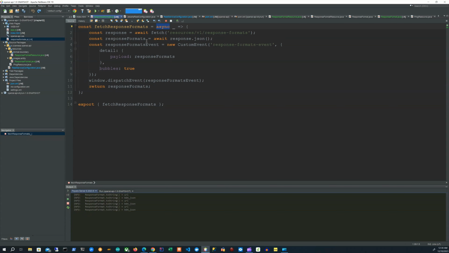In this case, this is just a function, and the function receives nothing as input. And it's an async function, so we're using await to fetch this URL. We're waiting for the response. We're converting it to JSON. This is different. I'm used to launching events in case we have listeners. In this case, I'm saying, hey, there's a response formats event, and as a payload, I'm going to return the